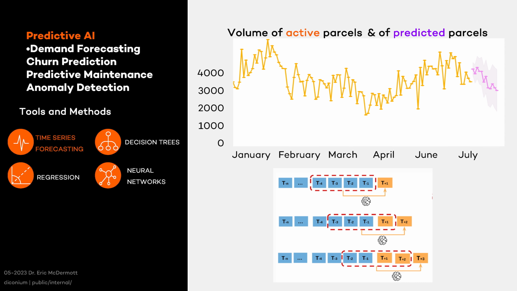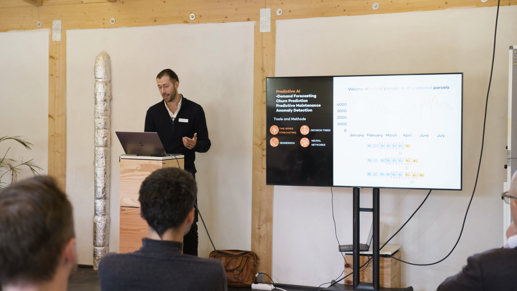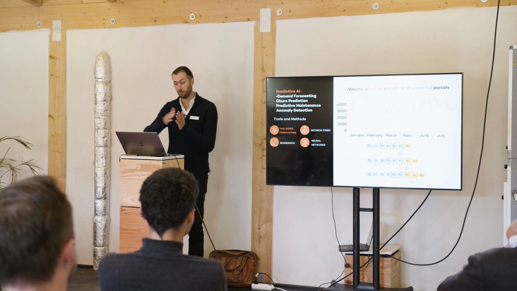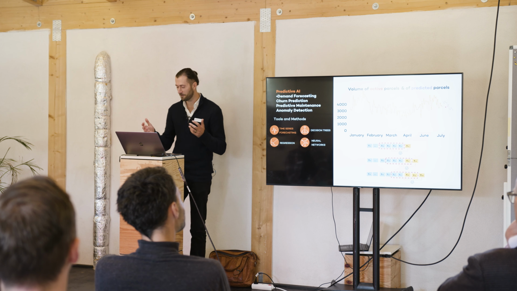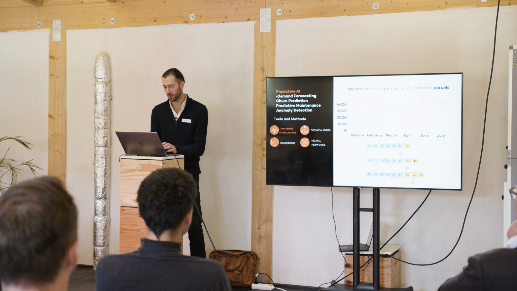Of course, this isn't really a working model for many situations. Really, it's much more complex. There are many more variables. And we might be adding in different layers of models to really try to fine-tune this prediction. But this is a way you can think about it, using the past data to predict the future data. You can also imagine you can swap out this word parcels with just about anything, revenue, customer visits, anything. And we can then predict the future within a certain confidence interval. But again, it's the future, so it's tough, but it's a very, very powerful tool here as well.